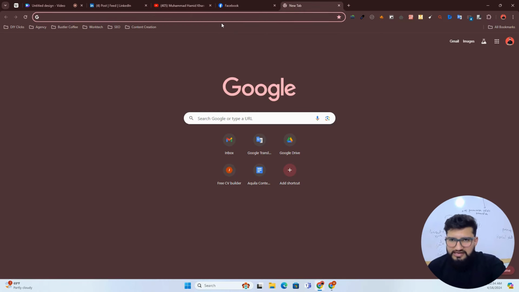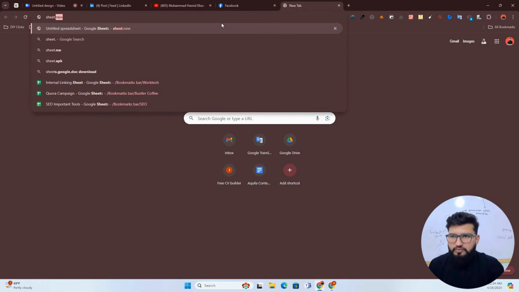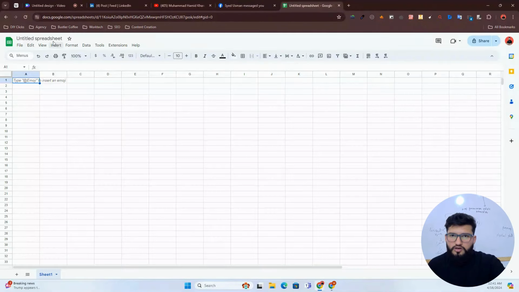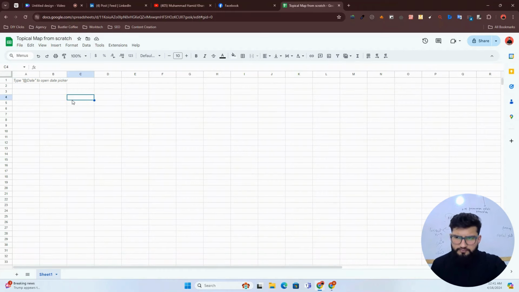All right, so let's start the topical map from scratch. Just opening up my sheets. I'm going to name this sheet 'topical map from scratch', and it's going to be a very step-by-step process. If you are new here, I would recommend reading some important concepts like